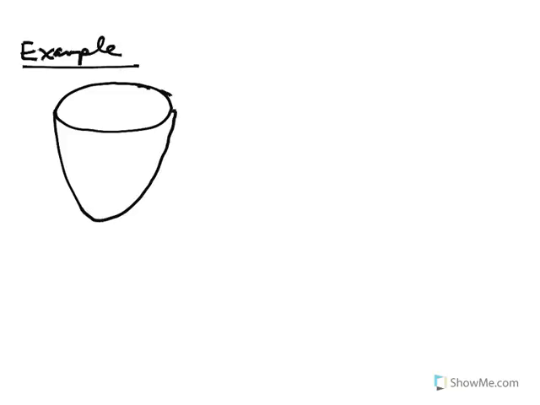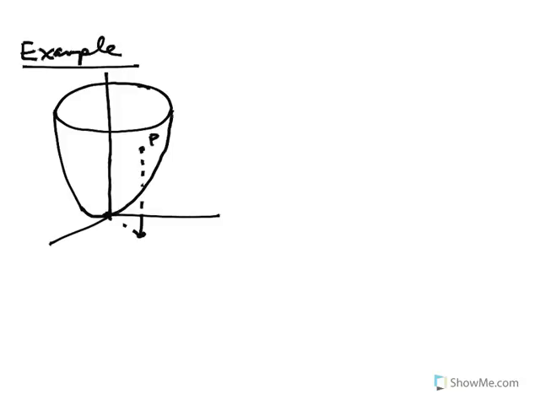And what I'm going to do is describe the equation for the paraboloid in the following way. I have a particle that's moving while in contact with this paraboloid. The particle is located on the inside surface of the paraboloid. I'm going to describe the location of the particle P, which has mass m, in terms of a distance r, where r is the distance from a point Q to a point O in the